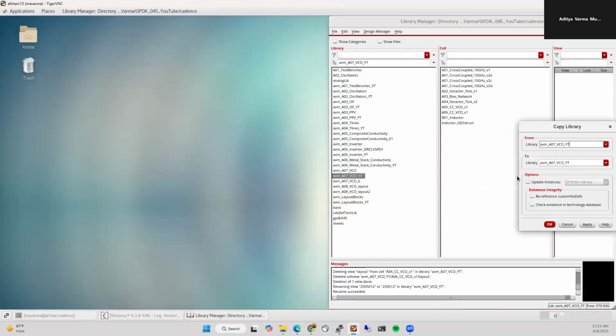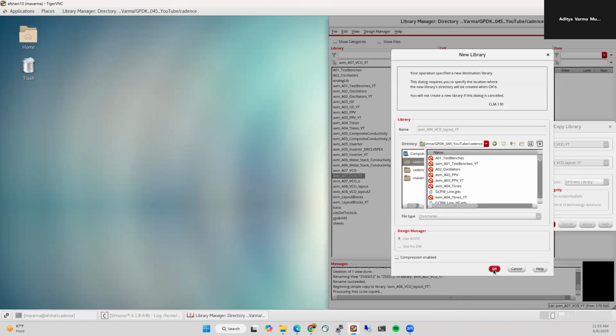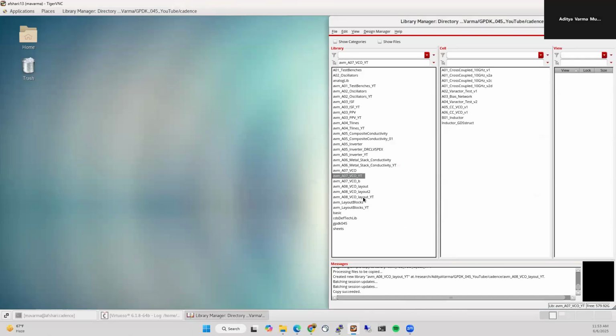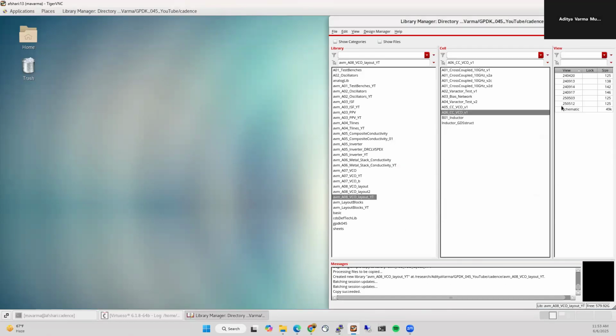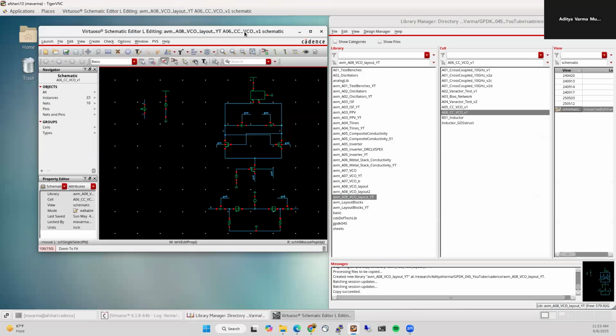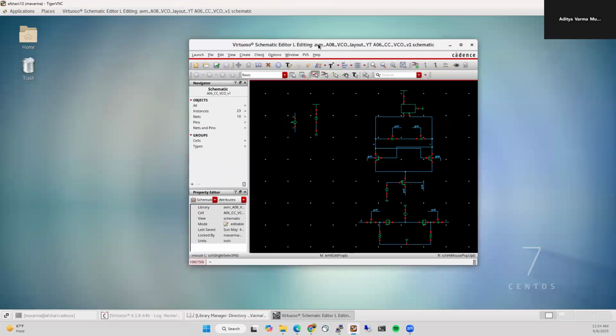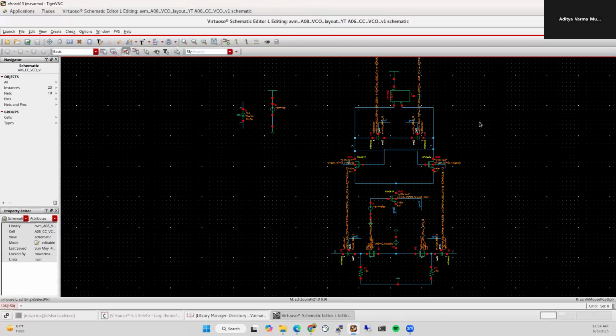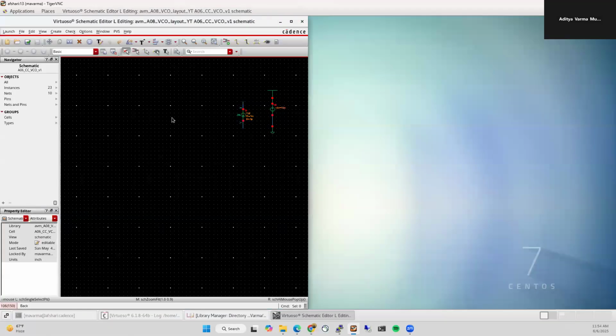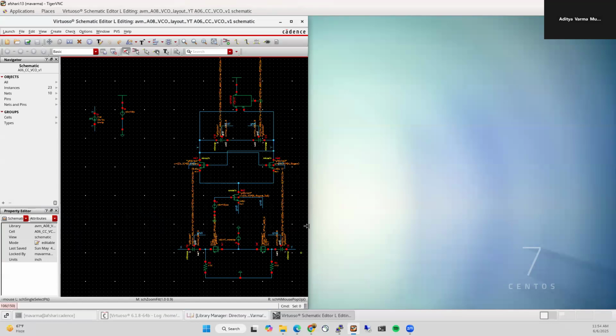Okay, so I'll just make a copy of this library. Call it A08 VCO layout for YouTube. Okay. All right, so this is kind of where we had stopped. So I'm going to make a few changes to this design before we move on to the layouts. Okay, so the main change, let me actually do the